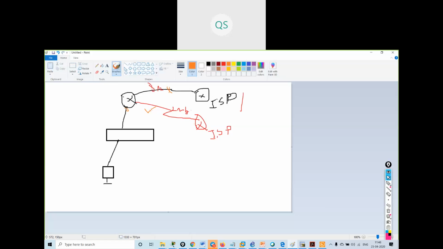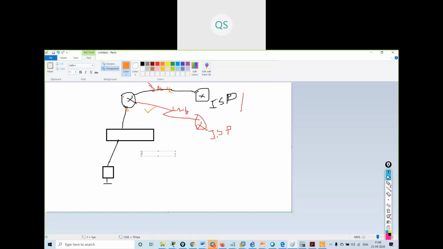So how is the configuration done? What configuration do we do for this type of scenario? We can give multiple routes, two default routes. Whenever we are going to any unknown location, we use a default route.